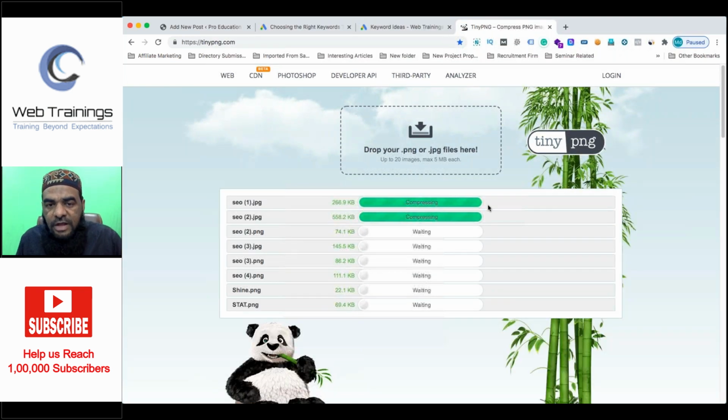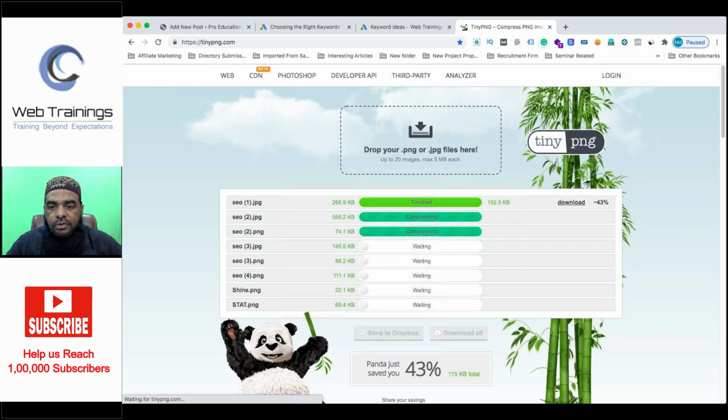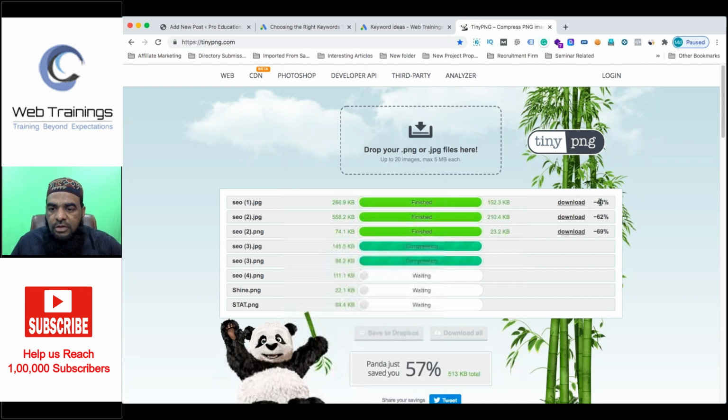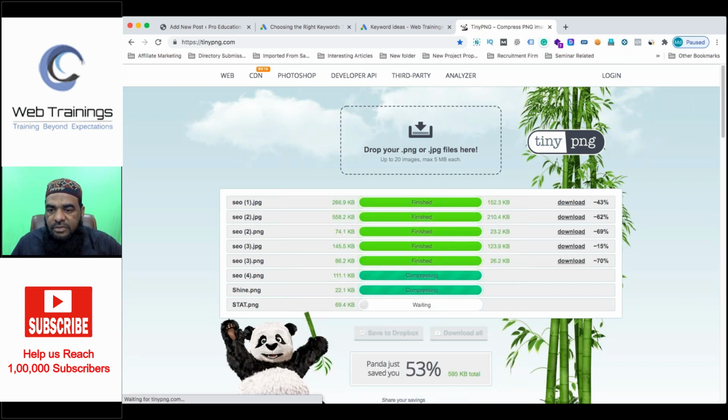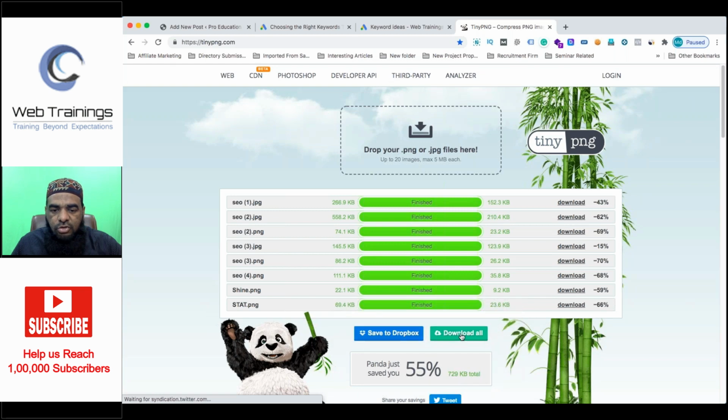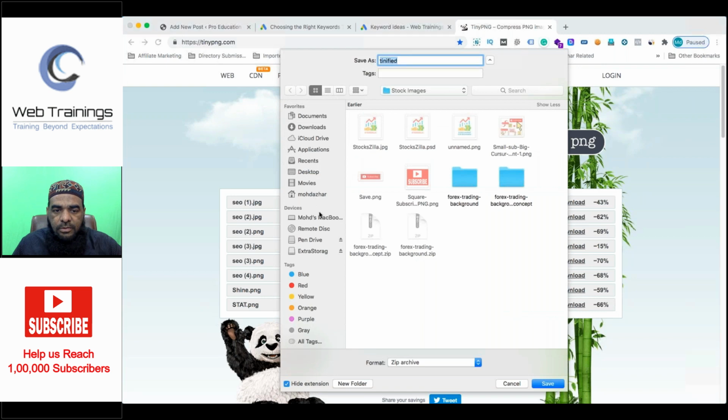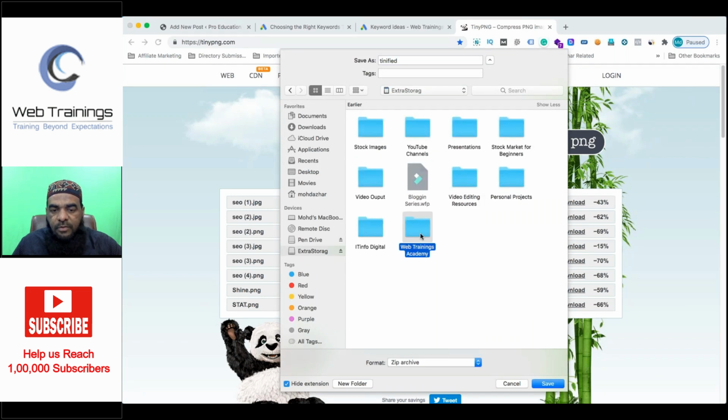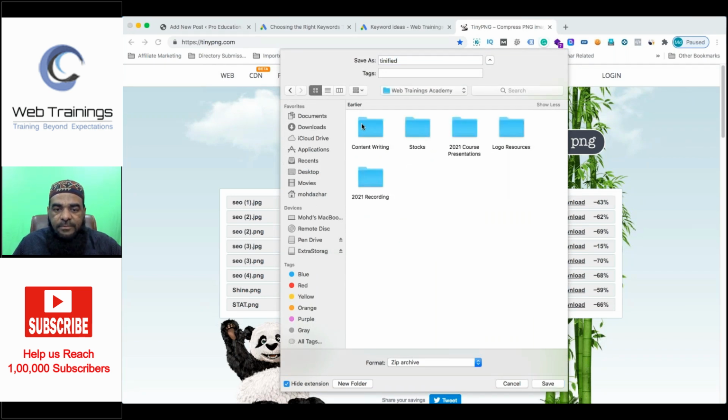Because the size is a bit on the higher side, we can do this. Here almost 40 to 60 percent, a very huge decrease in size. The image will be the same, no problem at all, but it will provide a lot of value for our loading speed. So always remember to optimize.